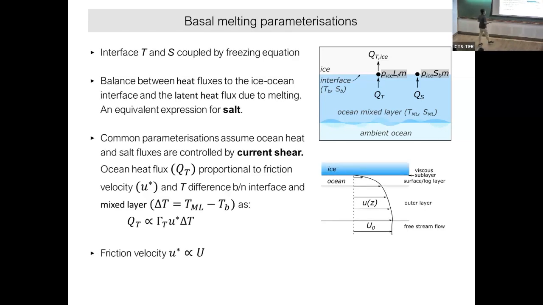Now, how many people have seen this equation? Not in the context of oceanography, not in the context of Antarctica, in the context of anything. You see, heat flux is proportional to delta T and velocity. This is called the bulk formula of heat flux. This is very common; that is the way heat transfer occurs between atmosphere and ocean, and this is nothing but heat transfer between ice and ocean. This is called the bulk formula.